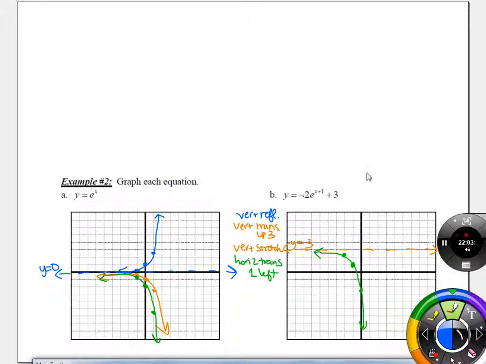All real numbers. Exponential functions have a domain of all real numbers, because there's nothing that we can't plug in from the real numbers that won't function as an exponent. What's the range of this function? Good. Y is less than 3 because our whole graph is happening below the asymptote, and the asymptote boundary is at 3. So tonight's homework